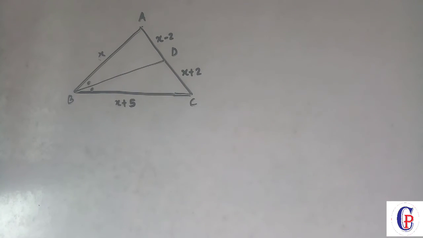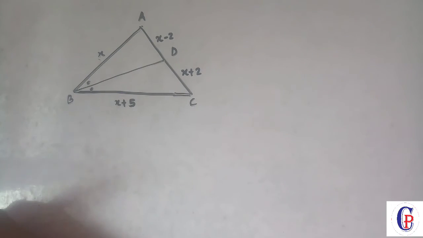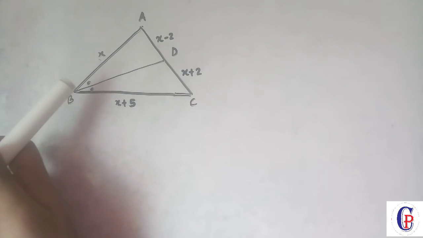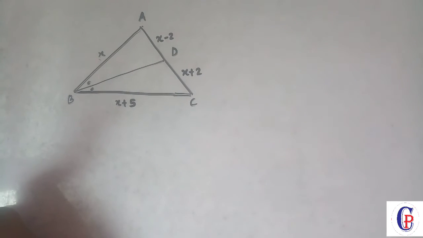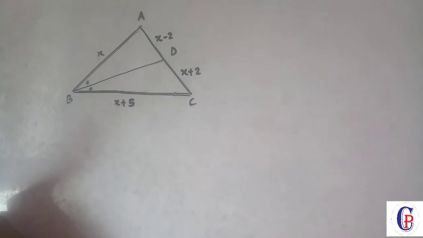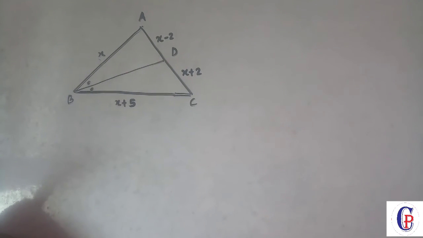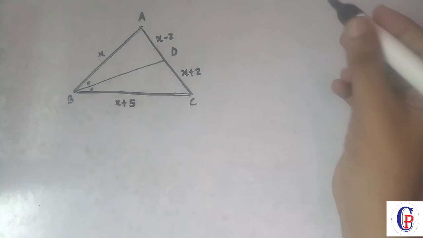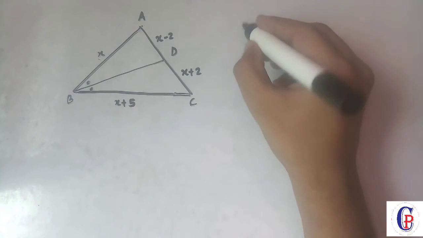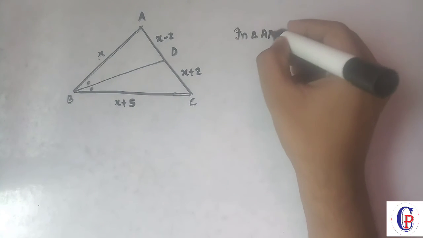Now try to guess which type of sum this is. You can see here that we have an angle bisector. So of course, if you have an angle bisector, how many theorems have we studied on angle bisector? Have we studied 10, 15? No, we have only one property of angle bisector. So immediately we can apply it here. So that's what I tell you. You have to observe in the diagram what is given to us.